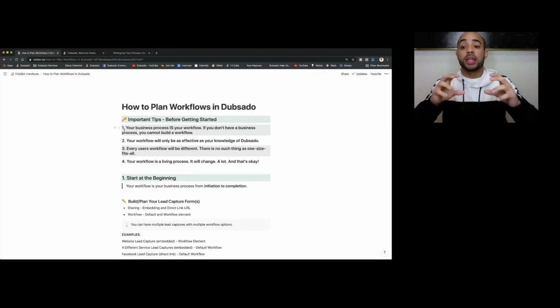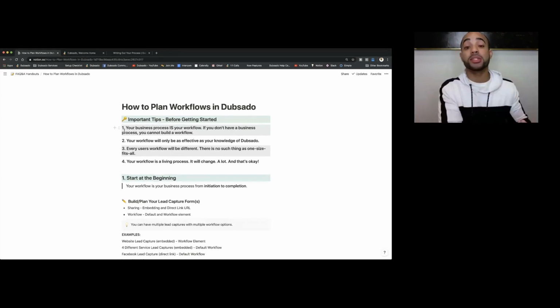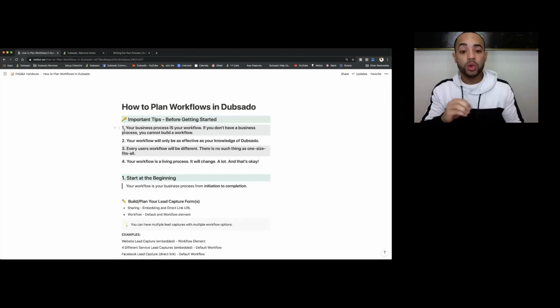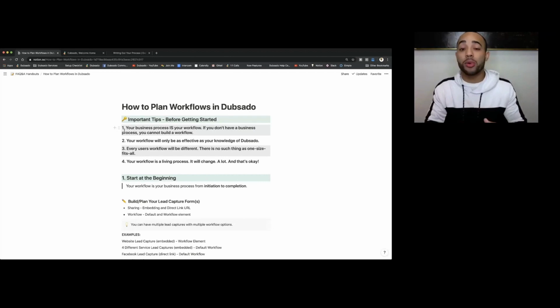There's not a "this is the right way to build a workflow." Everybody's is going to be completely different, and that's okay, because your workflow is your business process, and everybody's business is different as well. So when you're building your workflow, don't get stuck on, is this the one way that photographers do workflows? That's not really a thing. Everybody's is completely different. And number 4, the last thing really quick before we get into our points, is your